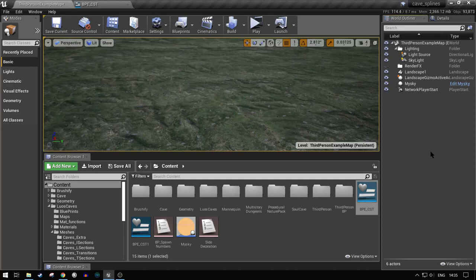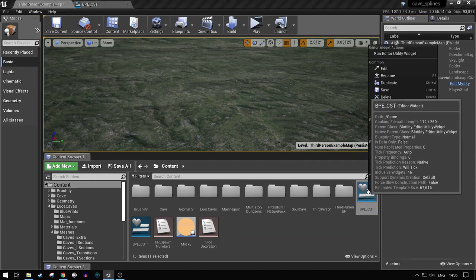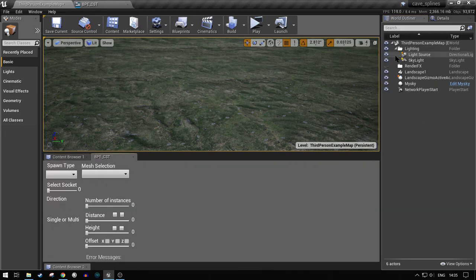Hi there guys, I'd just like to give you a quick update on my Cave and Core decoration tool that I'm developing. Let's get started. We'll right click on the utility widget and select run, and it will bring up this custom interface for it. I've tried to keep it nice and simple but yet still allow a fair amount of things we can do. So let's get started with